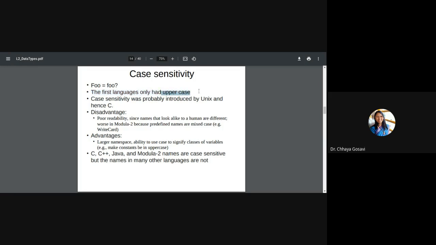Even assembly language is case insensitive. You are going to learn 8085, 8086 assembly language programs, which are case insensitive. They can use only uppercase or any case characters. Case sensitivity was introduced probably by Unix and then the C language. Before C, I think all the languages were case insensitive.